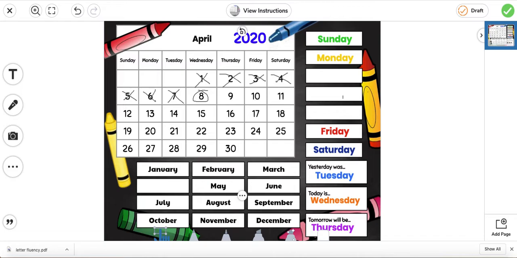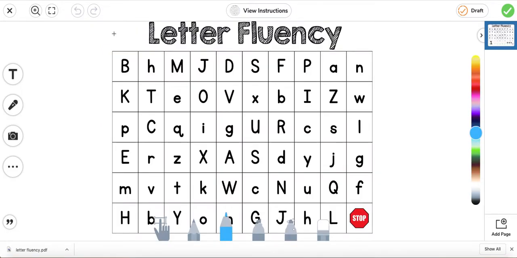Okay, next we're going to go ahead and move on to letter fluency. So what we're going to do is I'm going to go ahead and cross out as I'm reading the letters. Okay, go ahead and read with me. Ready? B, H, M, J, D, S, F, P, A, N, K, T, E, O, V, X, B, I, Z,